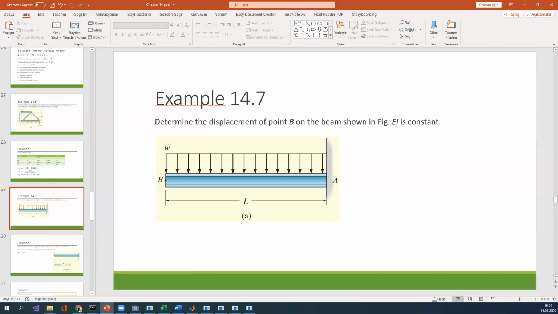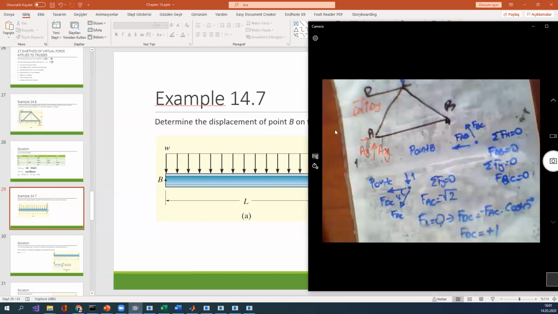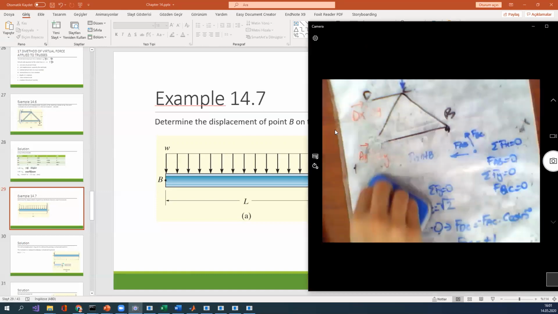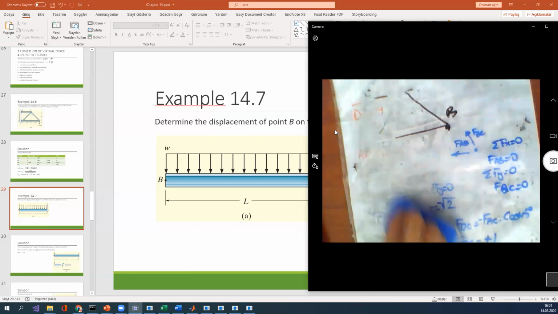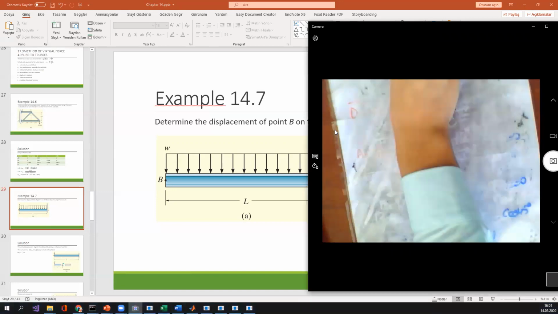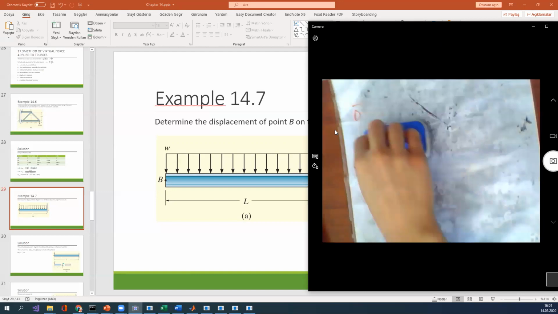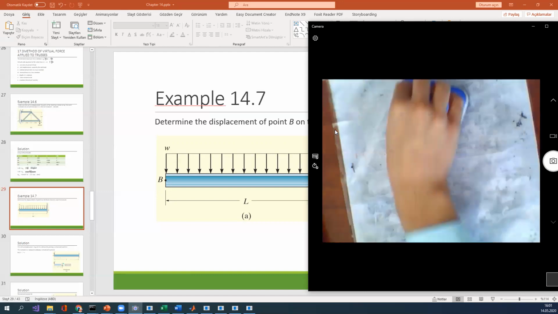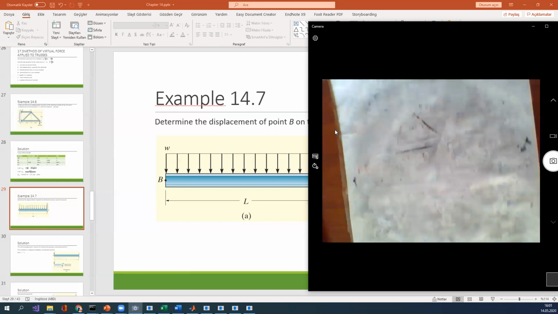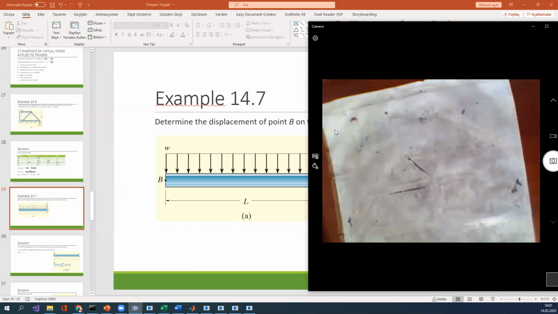I want to open the camera. Okay. And delete the previous question. We have two types of loading. Okay, first loading type is a real loading. You can see we have